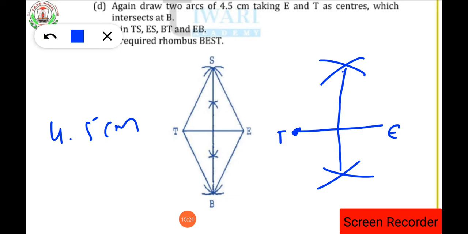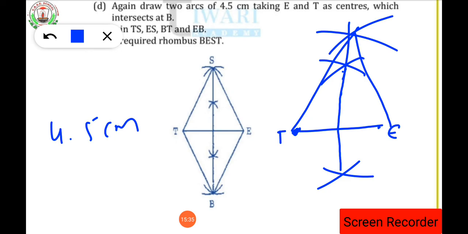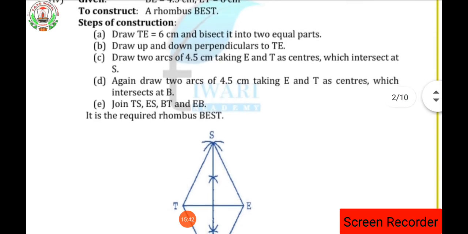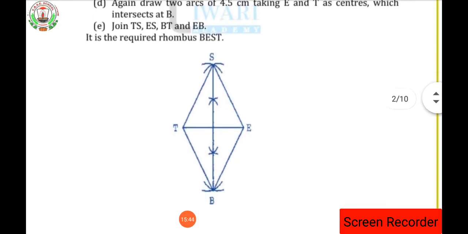The arc might stretch up or it might come down. Okay, suppose here we have the measurement, then the same measurement you have to keep over here and draw another arc so that you can join the arcs like this. Then the next measurement given is what? The next measurement in your question is given as 4.5 itself, isn't it? So repeat the same process. Here also you will get the required answer.